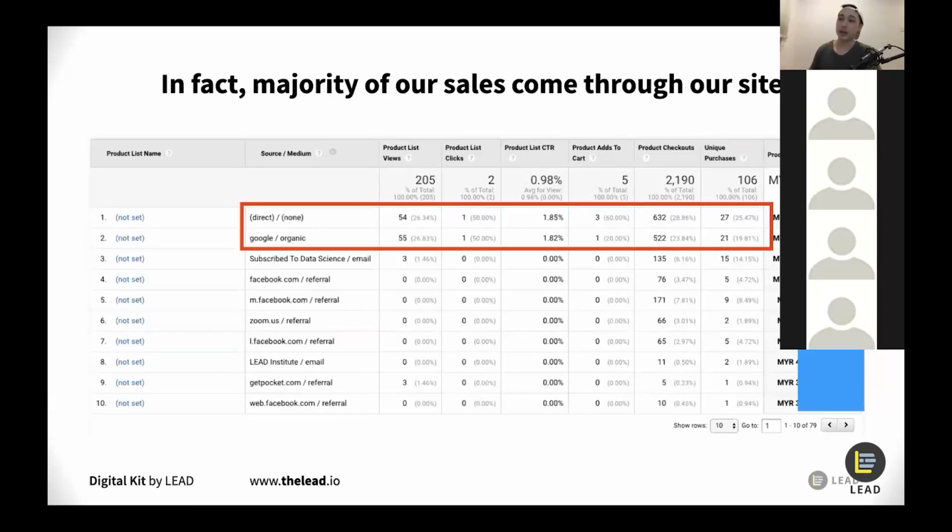The majority of our sales comes through our site itself. Now, maybe some of you already have a site, some of you have not, but I think this is going to be important for you. It could be different for you as well. Maybe some of you do not actually convert sales on your site itself. You convert through instant messaging or calling. But for us, a majority of our sales come through our site, and that's what makes it so important